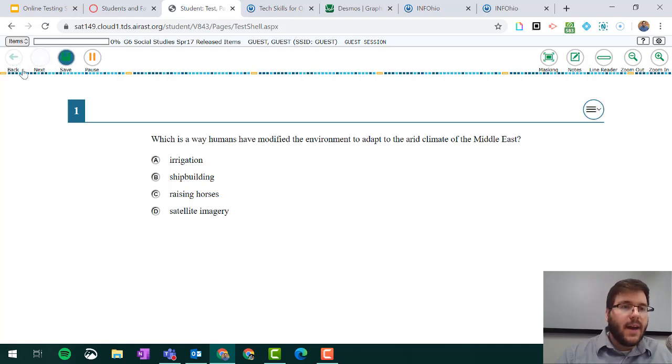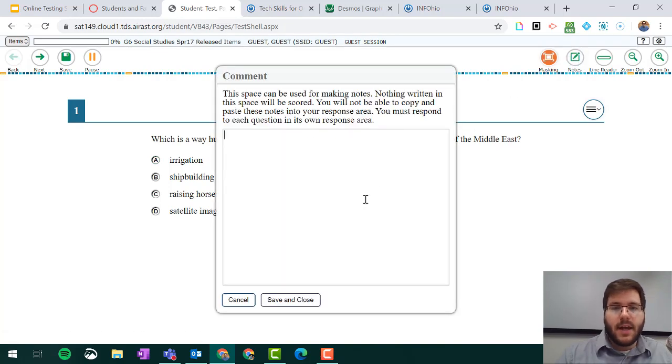Along the top here, we have our buttons to go back and forth between our questions. We can save our progress. We can pause the time. This is where we can turn on our masking, so we can hide our different sections. We can have little notes for ourselves